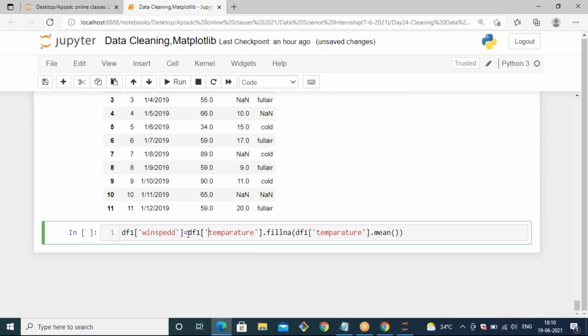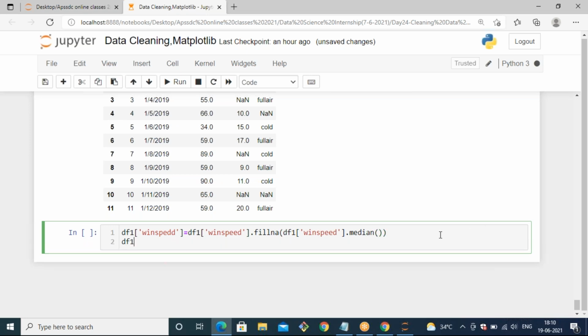Wind speed equals to... you need to access it like wind speed, and then you need to fill the NaN values of wind speed with the median of wind speed. For that you can call the method dot median. After that, you can observe df1.